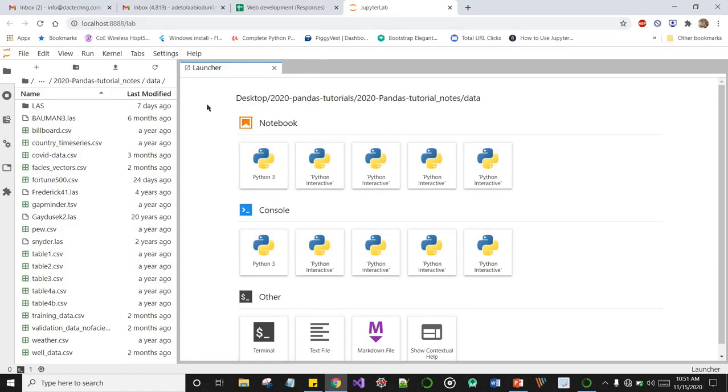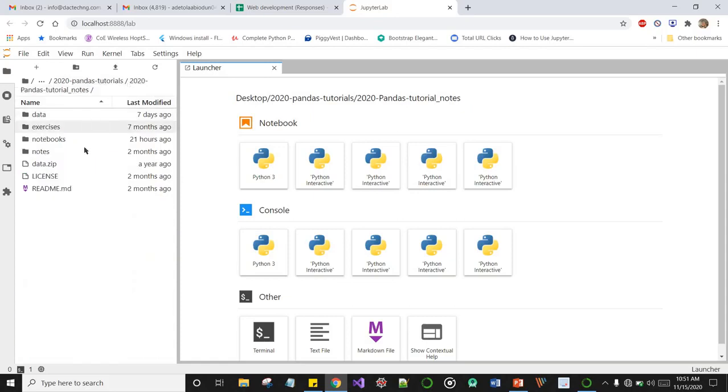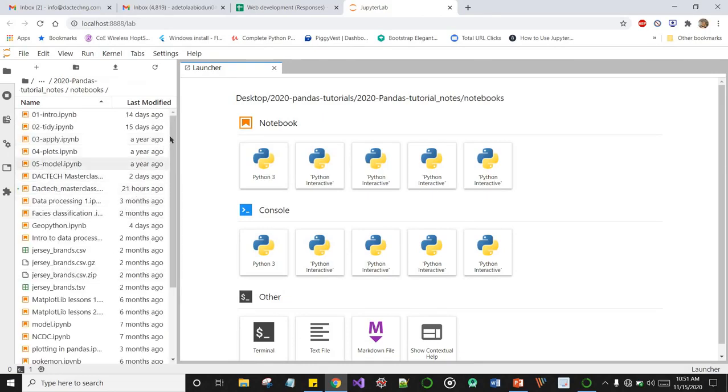So I would first like to change my directory here because I have a default directory I've been working on. You might not have this same directory or folder on your system. I've created all these; I've been working on some exercises for a while now. So I would simply go into notebooks, and I will create a new notebook.